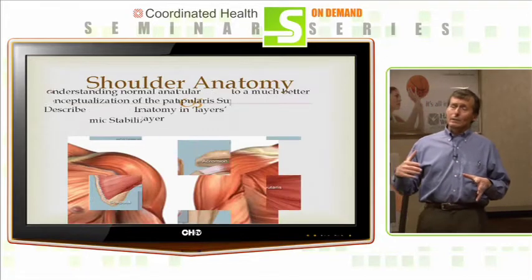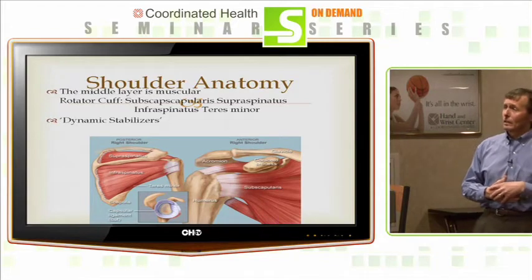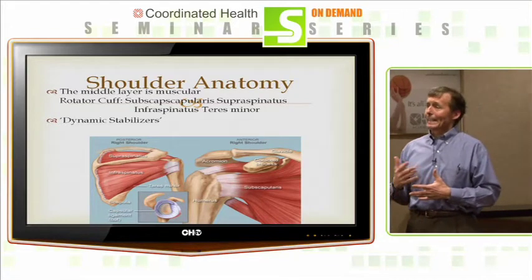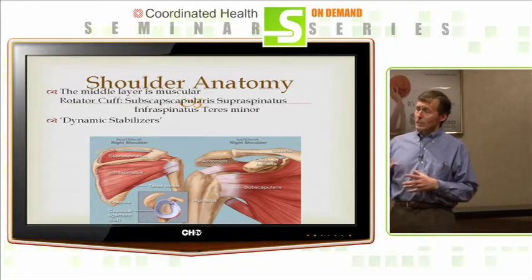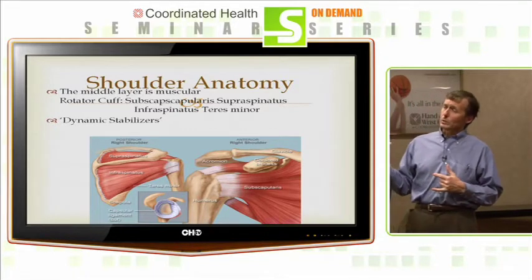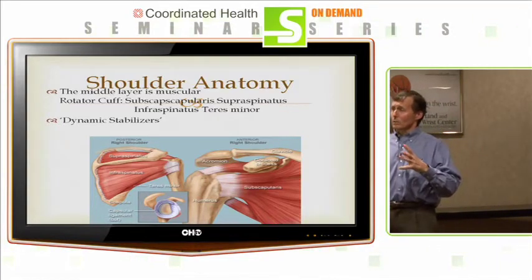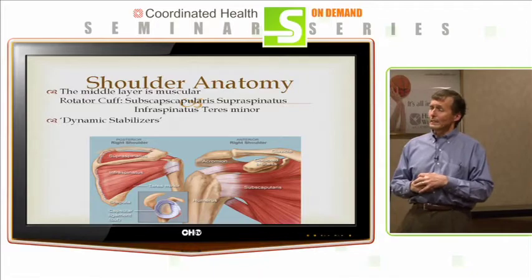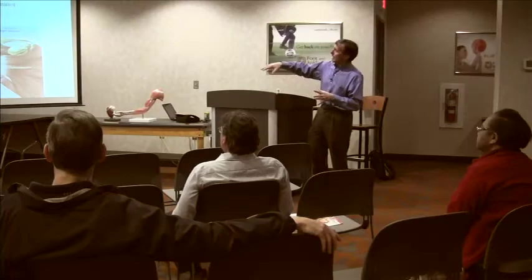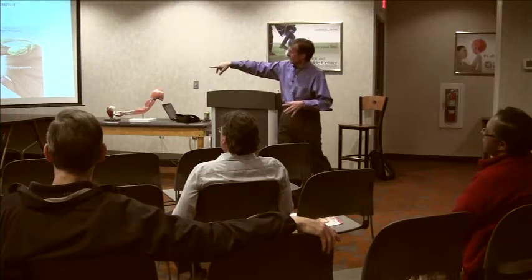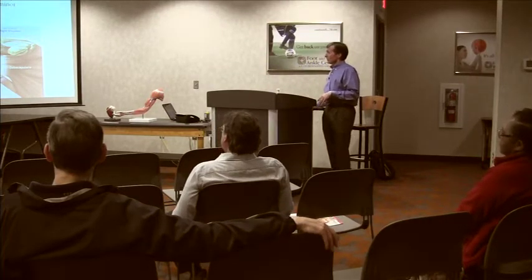This next layer down is what we hear about all the time, the rotator cuff muscles. Four muscles. They sit on the shoulder blade, they attach to the shoulder as tendons. There's the subscapularis in the front, the supraspinatus on top, the infraspinatus and teres minor in the back. They are the SITS muscles. They sit on the shoulder, and they give the shoulder its stability. They help the next layer down, that purple group, that ligament area, which is the primary stabilizer of the shoulder.